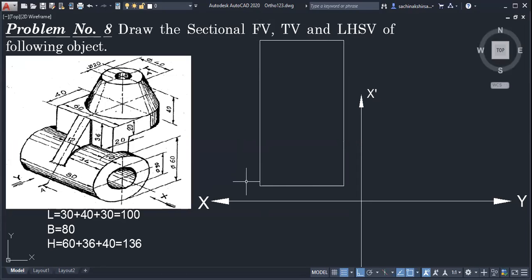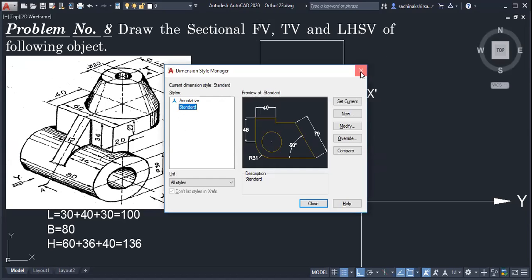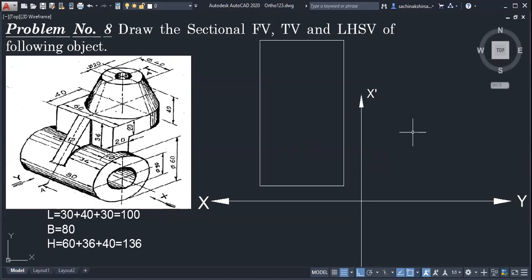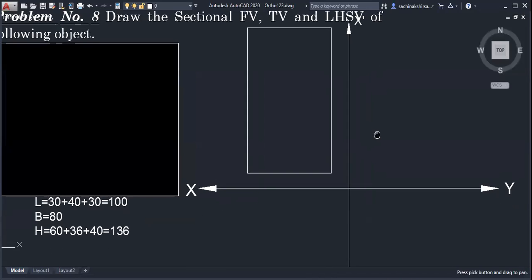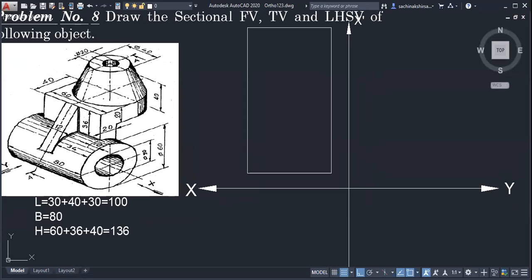See if it comes like this. After this, here there will be length. Okay. After that, what do we have to do?